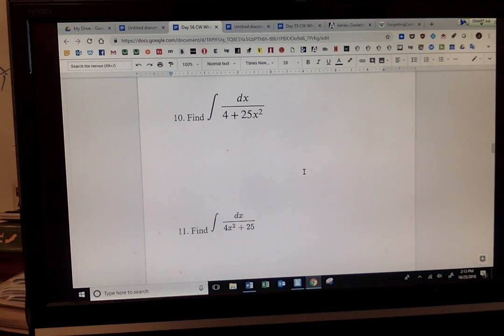Copy down number 10, please. Copy down number 10. This is a much harder problem than the previous one. So pay close attention. I'm teaching poorly, so pay closer attention. Let's change this slightly. Let's make this like 10 on the top. Okay, let's make it 10 on the top.